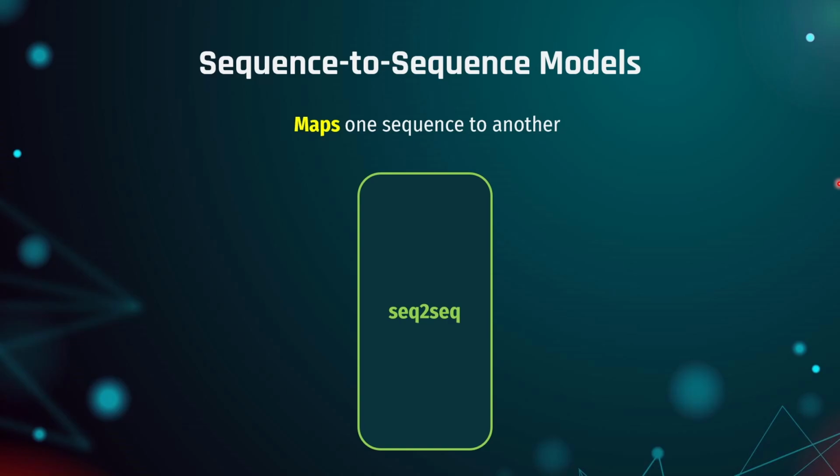In this case, our seq to seq model will take as input the English sentence and will map this English sentence to its corresponding Bengali translation. So if the sentence is "I am going to work today", our seq to seq model will map this sentence to its corresponding Bangla sentence: আমি আজ কাজে যাচ্ছি।